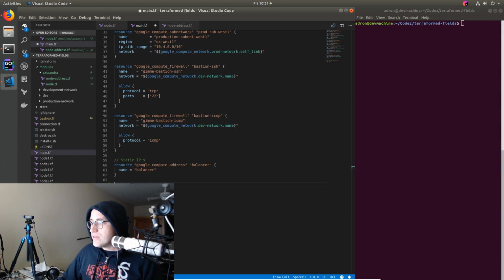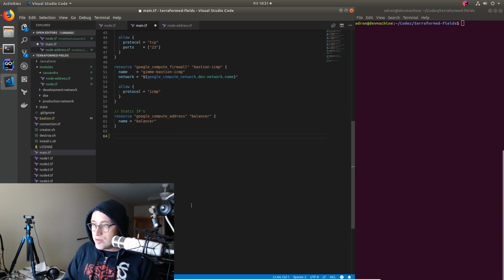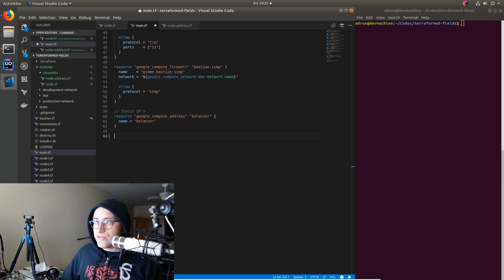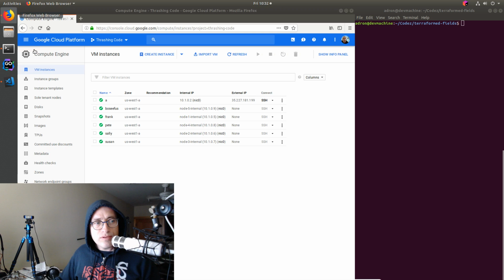So basically I have some of my stuff in here already, as you can see, just the network stuff and everything, and we'll clean that up in a minute. But right now I want to go ahead and add one of the modules here, which is going to be the Cassandra module. So what that's going to be is module